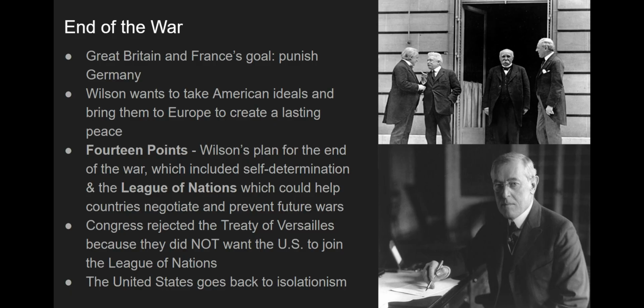So they do end up adding the League of Nations. That is part of the Treaty of Versailles. And when Wilson brings it home to Congress to sign off on, they don't do it because they do not want the United States to be pulled into another war, which they think the League of Nations could make them do. So we create the League of Nations. It's our idea, Wilson's idea, but we do not join it. The United States returns to its policy of isolationism. And we do not have success. The Treaty of Versailles fails. The League of Nations fails because of World War II.